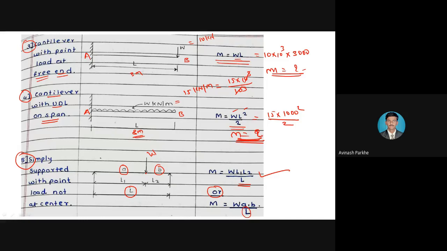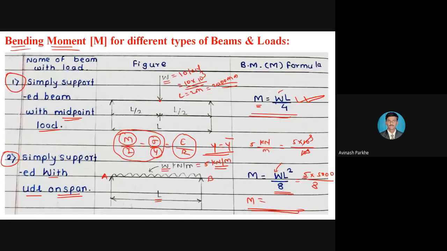In that particular statement, if the type of beam and type of load is given, first requirement is that identify the type of beam. कुठल्या प्रकारचा बीम दिलाय, त्यामुळे ह्या चॅप्टर मध्ये आपल्याला फक्त दोनच बीम असणार आहेत, एक म्हणजे सिम्पली सपोर्टेड आणि दुसरा म्हणजे कॅन्टिलिव्हर. पण त्याच्यामध्ये पण कुठल्या प्रकारचा लोड दिलाय, पॉइंट लोड दिला असेल तर त्याच्यासाठी फॉर्म्युला कुठला आहे, यूडीएल दिला असेल तर त्याच्यासाठी फॉर्म्युला कुठला आहे, कॅन्टिलिव्हर दिला असेल विथ पॉइंट लोड त्यासाठी फॉर्म्युला कुठला आहे, कॅन्टिलिव्हर विथ यूडीएल दिला असेल तर त्याच्यासाठी फॉर्म्युला कुठला आहे. Therefore these are the 5 standard cases which we have to keep in your mind.